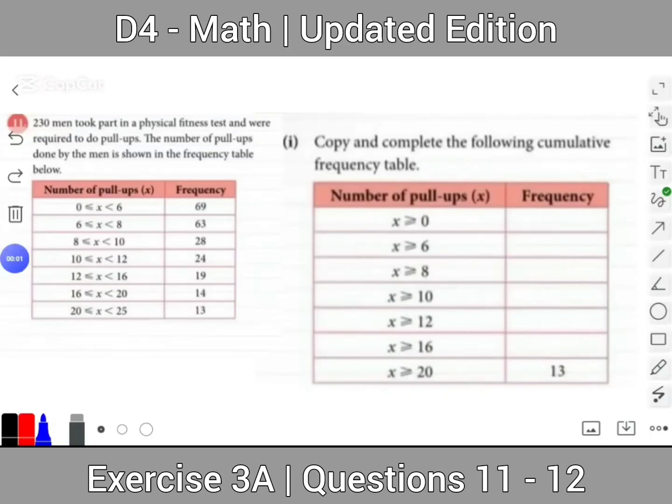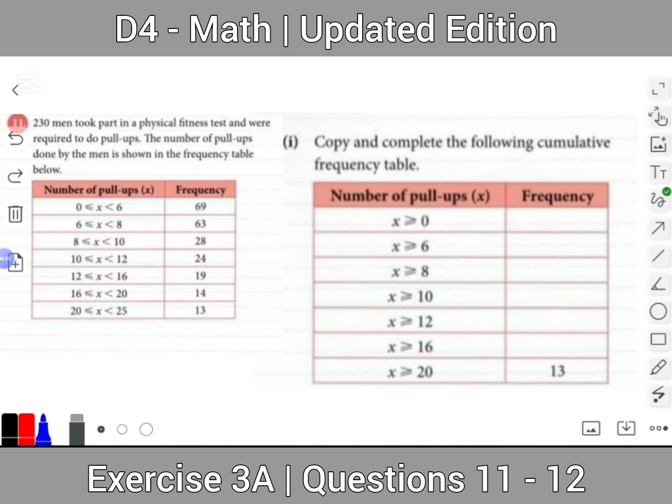In today's video, we will start with question 11. In question 11, 230 men took part in a physical fitness test and were required to do pull-ups. The number of pull-ups done by the men is shown in the frequency table below. So now here we have the data regarding the pull-ups in the physical fitness test